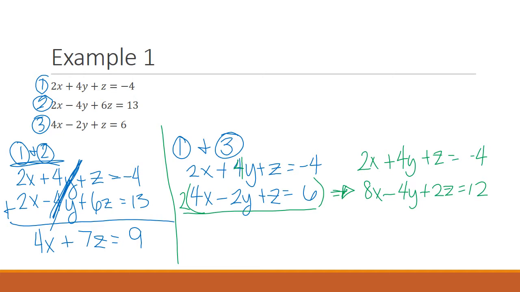Okay, so once our y's are opposite, I can add these together. And 2x plus 8x is going to give me 10x. My y's cancel out. I have 3z, and I have -4 plus 12, which is 8. Okay, so let's call this equation number 4 and this equation number 5. Once you've eliminated a variable in two different sets, take those new equations. So we're going to take 4 and 5,